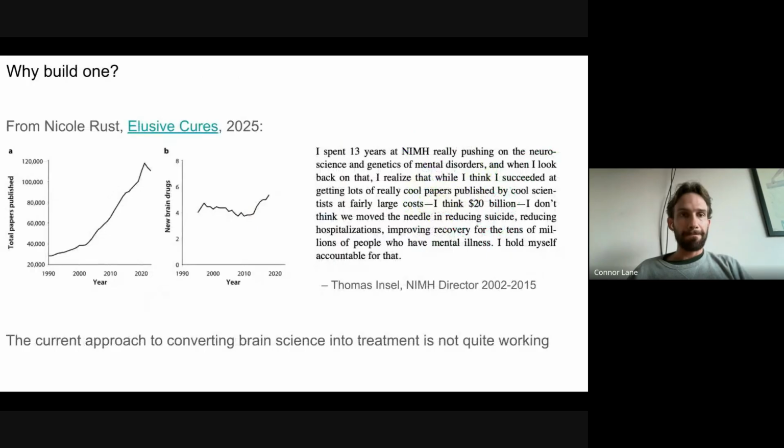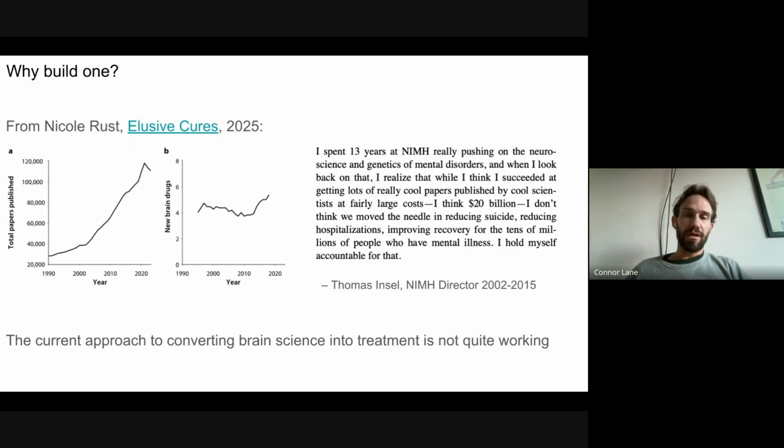Okay. So why do we want to do this? Why aren't we satisfied with our current approaches in translational neuroscience? People have been trying to apply brain science in general to impacting people's mental health or impacting the status of treatment for neurodegenerative disease or neurodevelopment disease. It isn't really working, and this is a widespread observation in the general field.